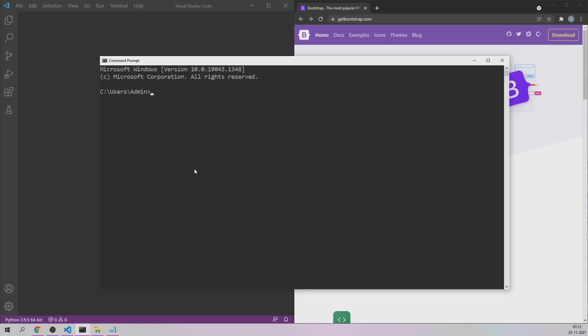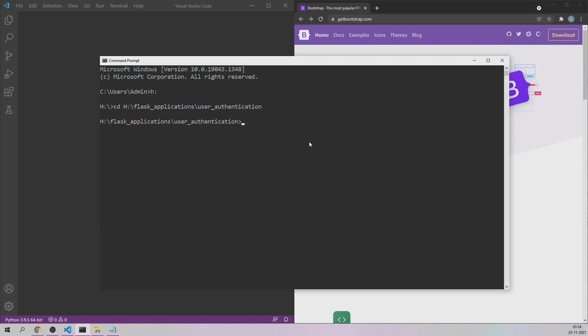prompt first. Let me open my command prompt and first navigate to the H drive, because I am keeping my folder in H drive. Then type cd. Cd means change directory, and give the path of that particular folder location which you have just created. Hit enter and you'll be inside that particular folder.